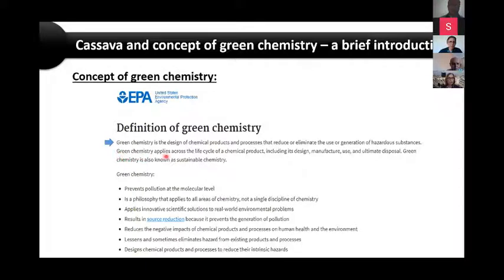Green chemistry applies across the life cycle of chemical products, including its design, manufacture, use, and ultimate disposal. So if you change a little bit your process, you can make it at least greener, not green, but greener, and